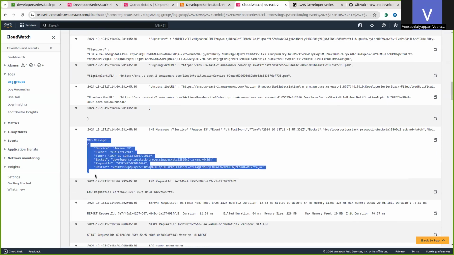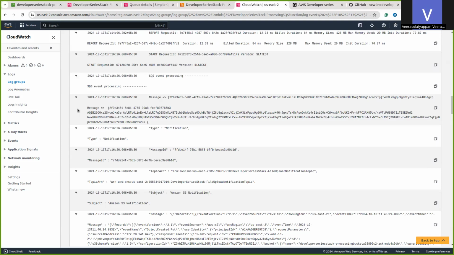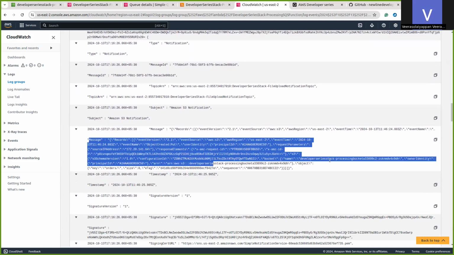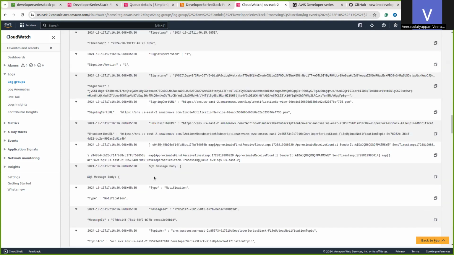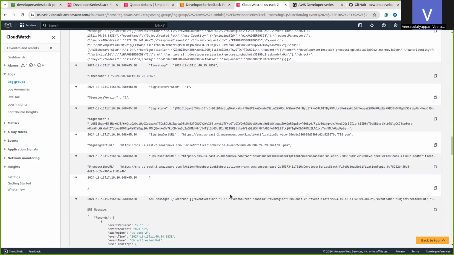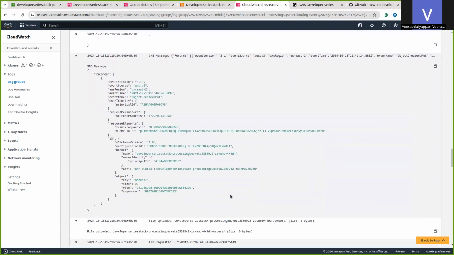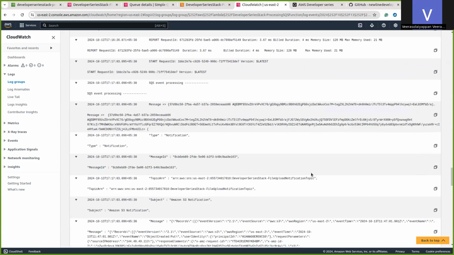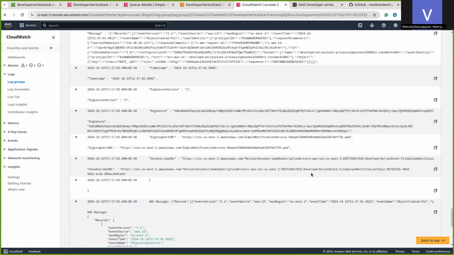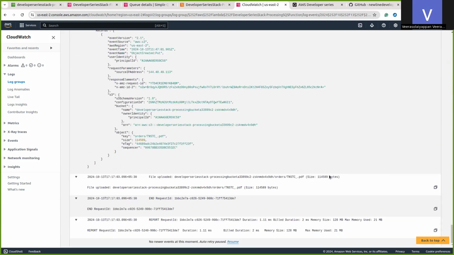This is the SNS message. This is the SQS message. Finally, this is the SQS message body, events, SNS message. At the very bottom we can see the uploaded file, its size and name and everything.